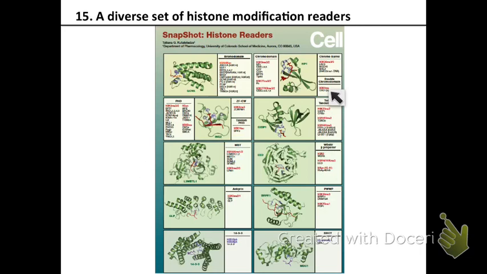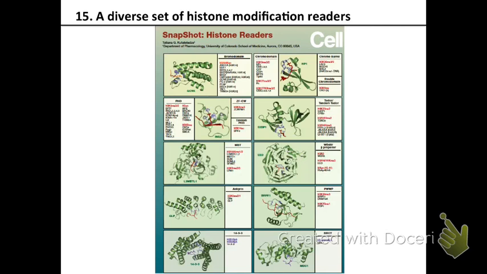There is a diversity of them because you have seen how many different modifications there were on H3, right? There were lysine 9 methylation, lysine 4 methylation, lysine 27 methylation, lysine 4 acetylation, etc., etc. And there are readers for each of these modifications. So these are the type of protein domains that bind to these histone peptides that are shown in red here,